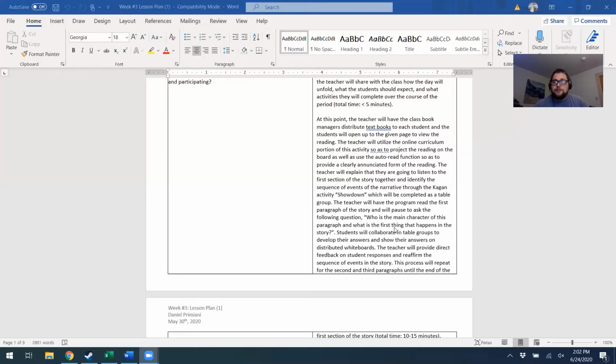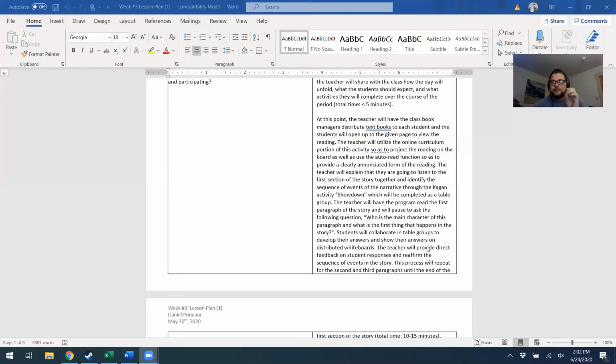They have to identify the main character, and identify what is sequentially the first thing that happens in the story. Teacher will provide direct feedback on student responses and reaffirm the sequence of events in the story. Students would be talking to each other to make sure that they have the right answer. Fairly immediately, we're already giving a little responsibility to the students. I'm not telling them what happened. They need to figure it out. Once they show me, I can correct them or say,